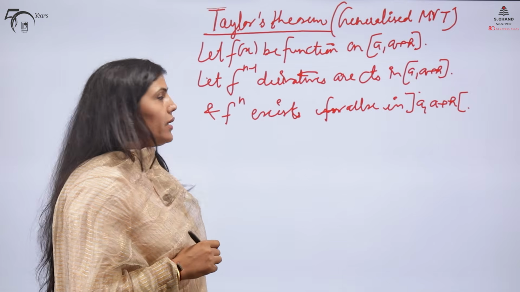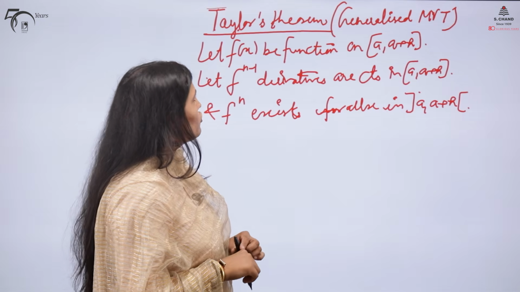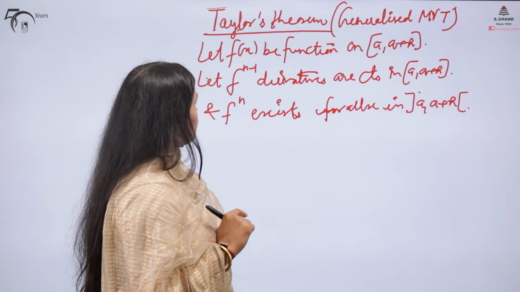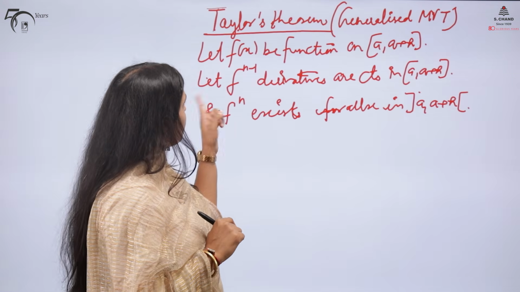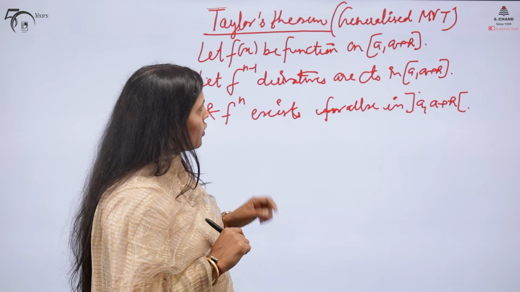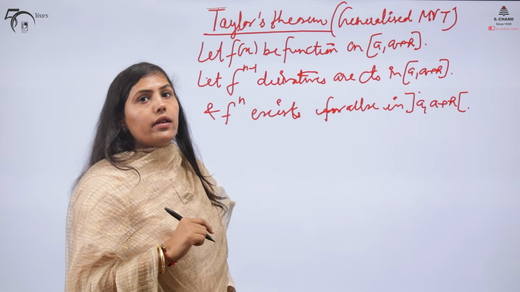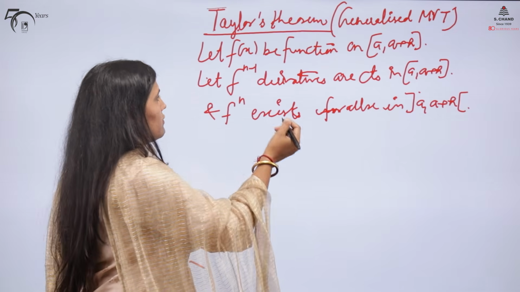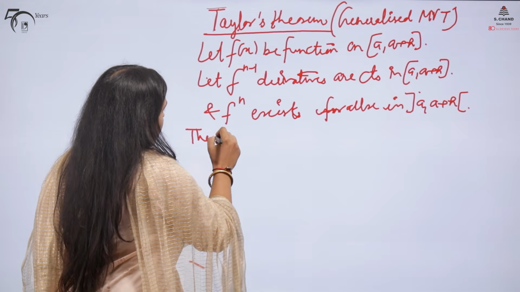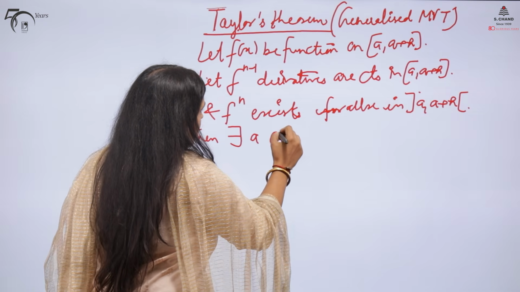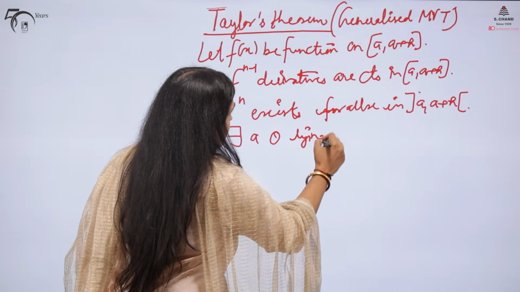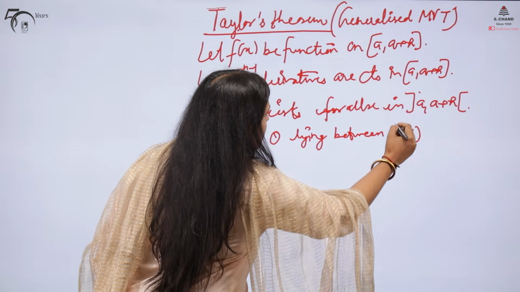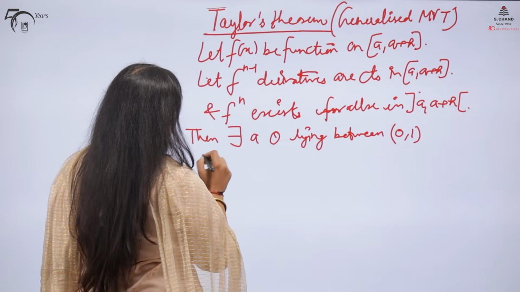The statement I have written is: let f(x) be a function on the closed interval a to a plus h. The function should satisfy two conditions: the (n minus 1)th derivatives are continuous in the closed interval a to a plus h, and f^n exists for all x in the open interval a to a plus h. If this is the case, then there exists a theta lying in the open interval 0 to 1 such that